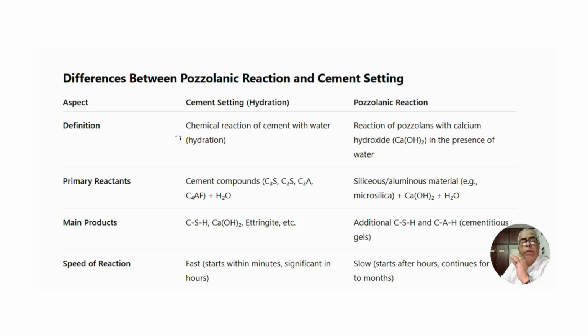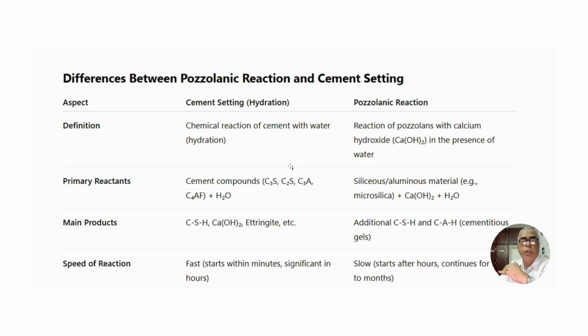For example, when we attempt to define what cement setting is, this is nothing but hydration, that is the chemical reaction of cement with water. So that is called the hydration of cement, where the cement is hardened. But in the case of a pozzolanic reaction, this is the reaction of a pozzolan with the calcium hydroxide in the presence of water. So this is something different. This results in